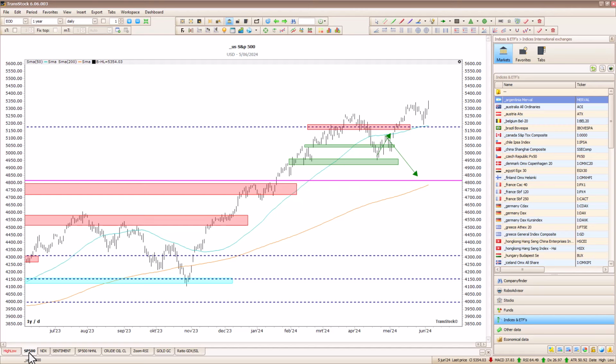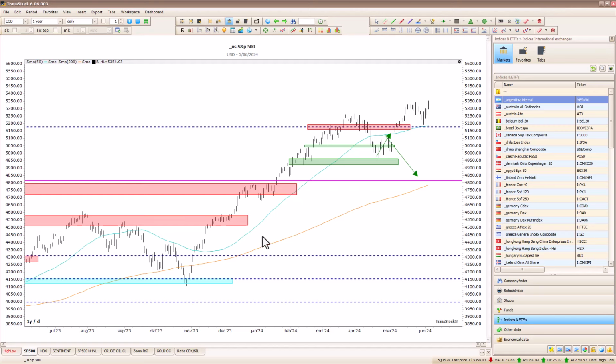My name is Mark and we will start with our pivot charts of the S&P 500 and the Nasdaq 100. Next, we will analyze the market momentum for the S&P 500 and after that we will look at some entry points for the crude oil and we will analyze the ratio between the GDX and the SIL ETF. Let's get started. Here is the pivot chart of the S&P 500.